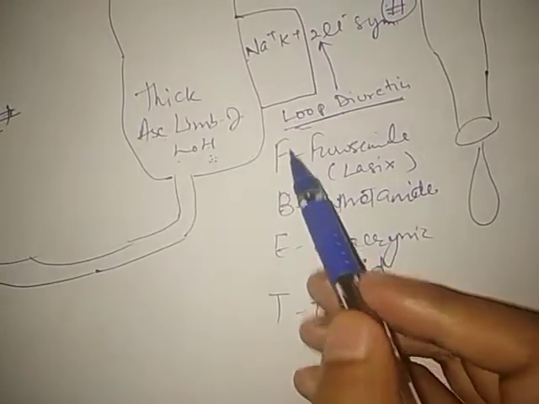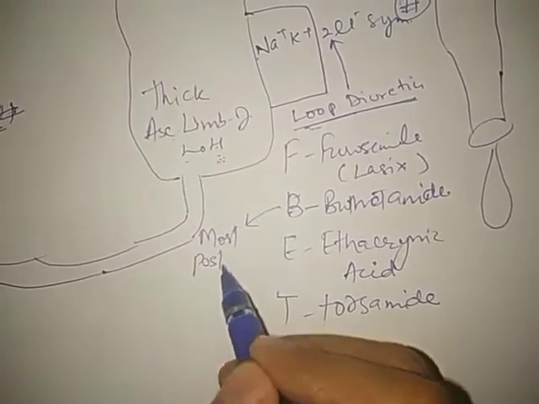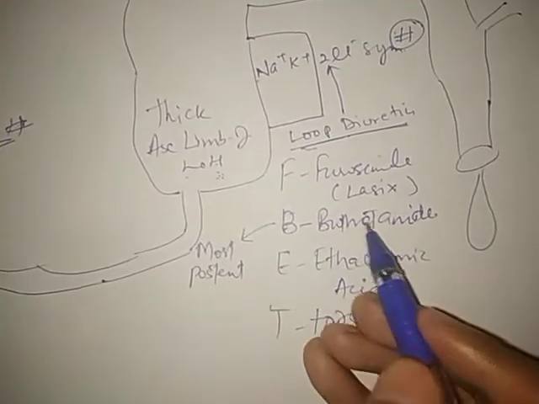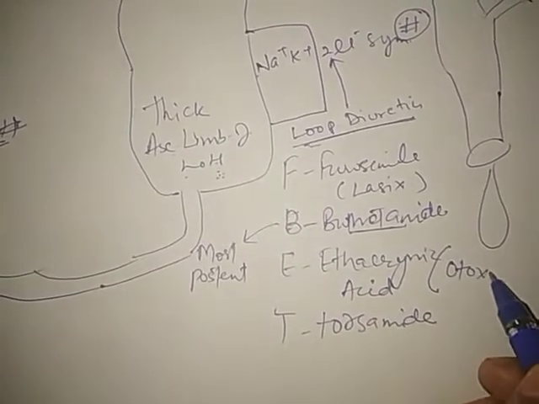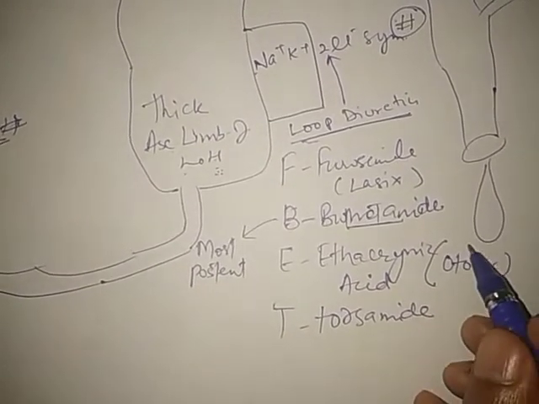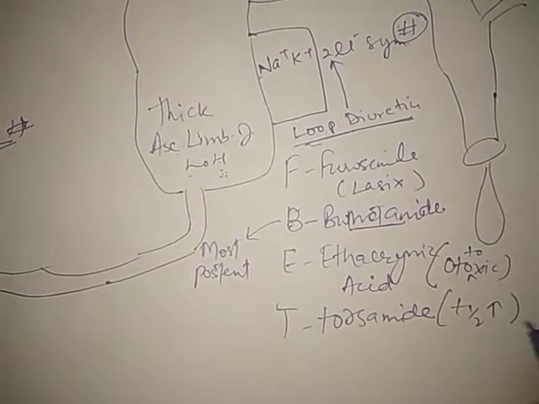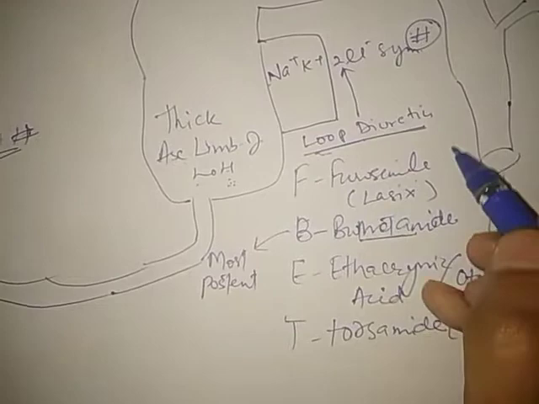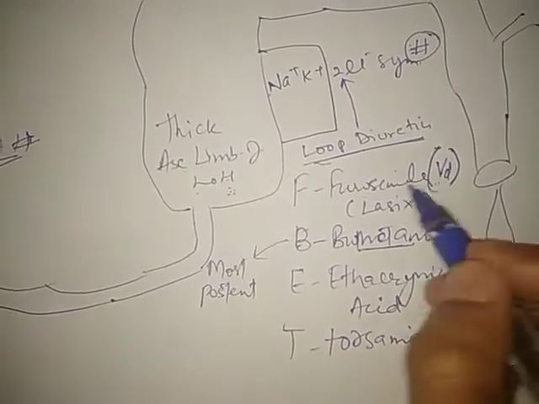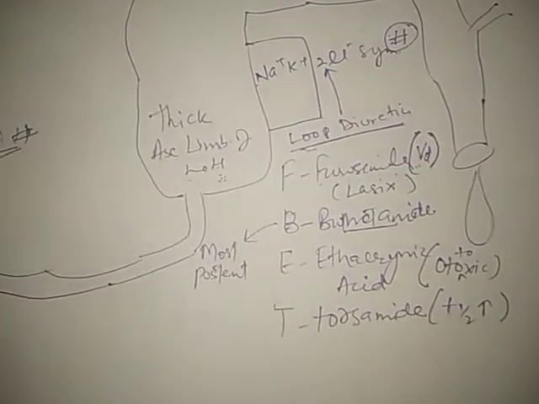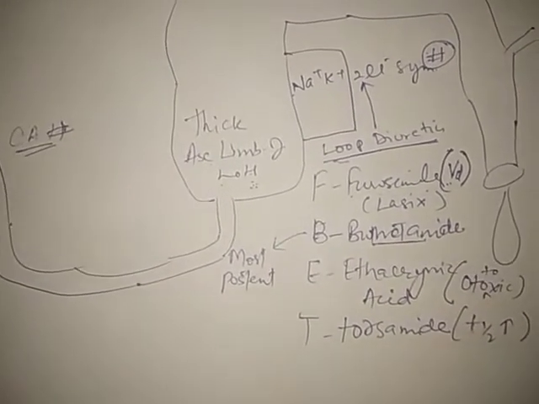Among these, the most potent loop diuretic is bumetanide. Ethacrynic acid is most ototoxic, and torsemide has the long half-life. Furosemide, in addition to the diuresis, also has a vasodilatory action on the blood vessels, so that's why it is used to reduce the afterload in left ventricular failure. And it is also used in